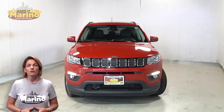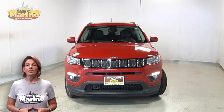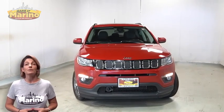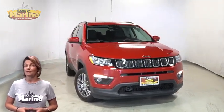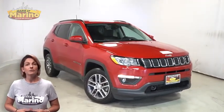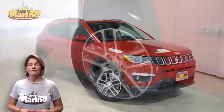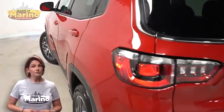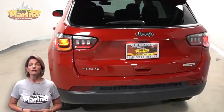Looking for a functional, compact SUV with reliability and safety for your whole family? Then take a look at this 2020 Jeep Compass Latitude in Redline Pearl. With automatic headlamps, front fog lamps, 17-inch aluminum wheels, blind spot and cross-path detection, rear window wiper and washer, deep